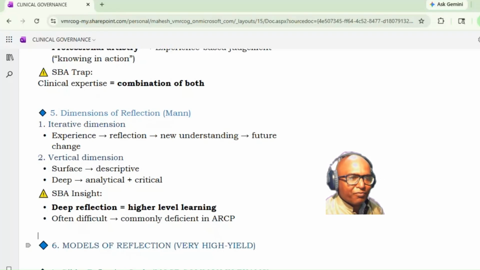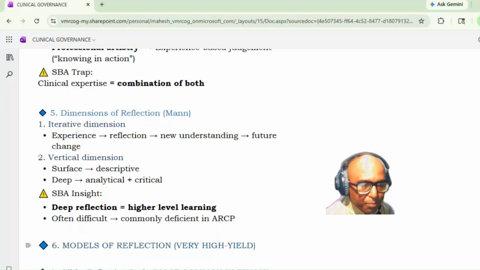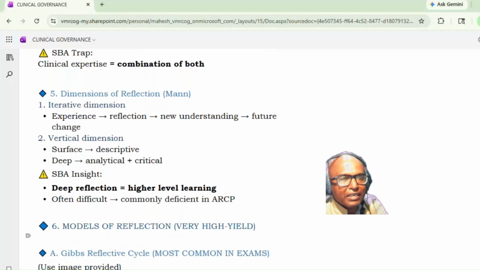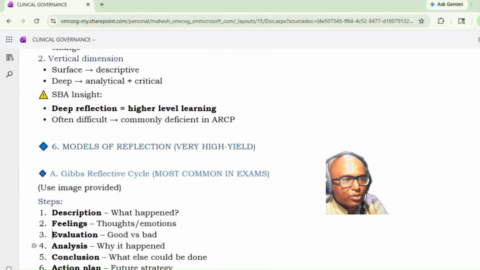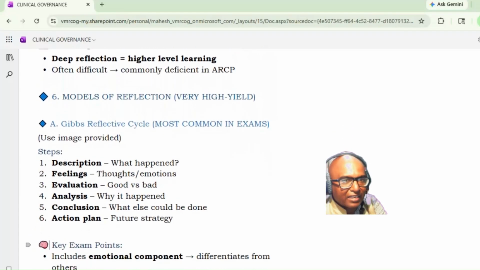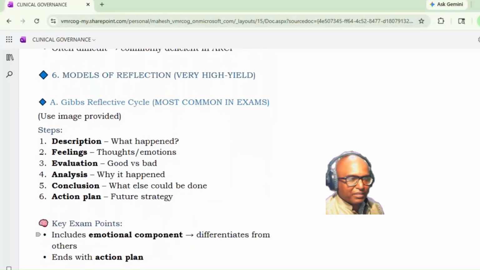So it may be superficial, just understanding that particular scenario, but if you go deeper, analyze it and do the critical thinking, that is the deep vertical dimension, and this is what is expected. It is a deep reflection. Higher level learning is important, because then we can conclude how to improve in the future. Often it is difficult and commonly deficient in the ARCP. So what is expected from this reflection is a deep reflection. Higher level learning is expected, and it is